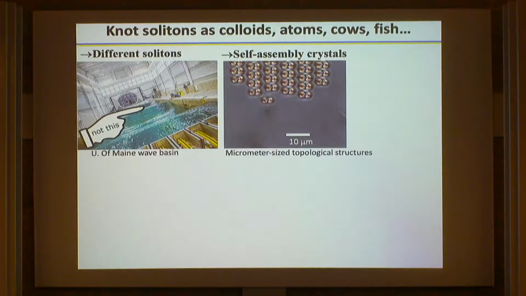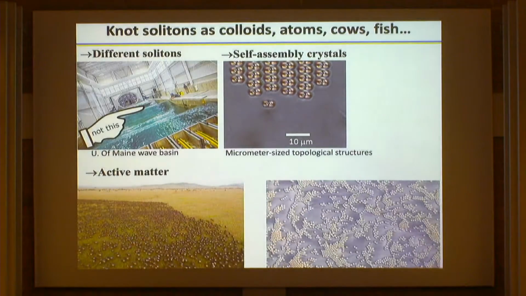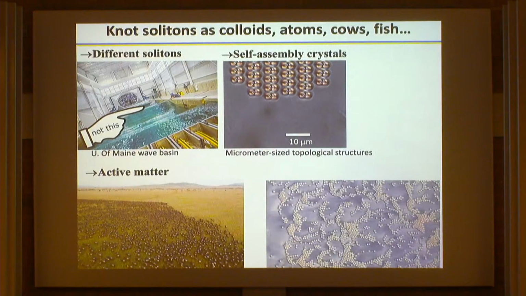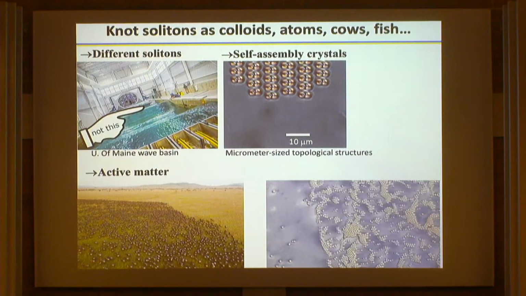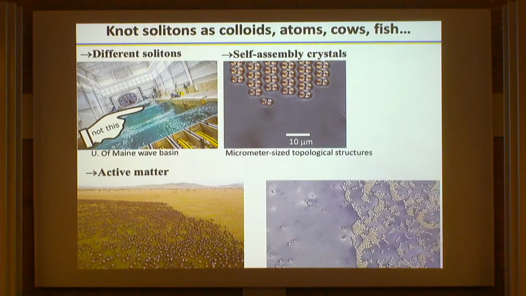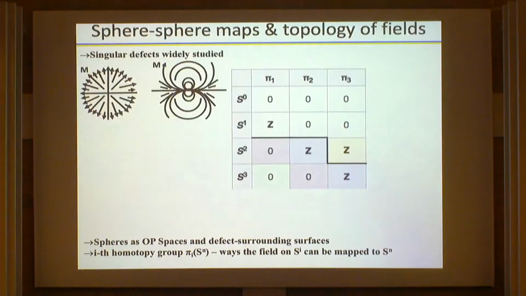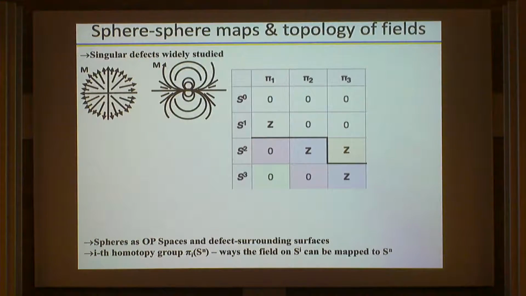Those will be the solitons that are micrometer or so in length scale that can behave very much like colloidal particles, and as you can see in this particular movie, can self-assemble, and can also exhibit very rich types of out-of-equilibrium behavior, in many ways resembling different types of active matter systems like these herds of animals. And so before we proceed with discussing in detail the behavior that these solitons exhibit, I would